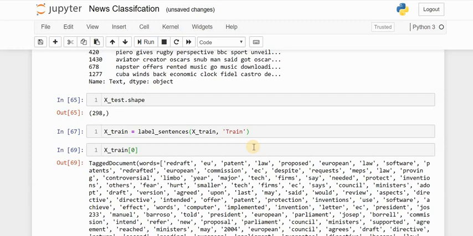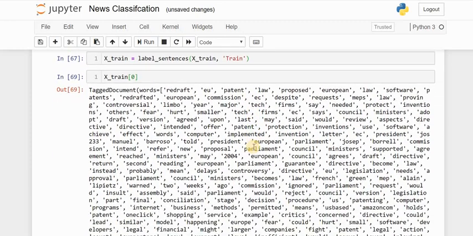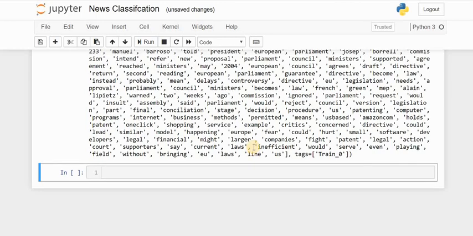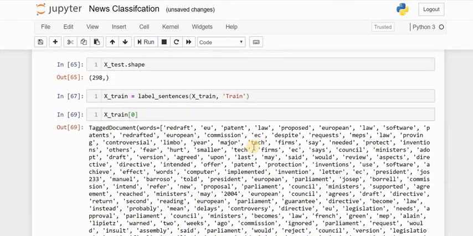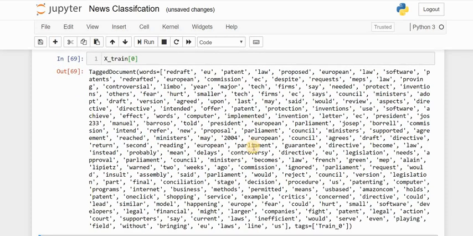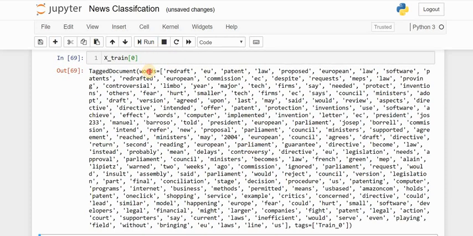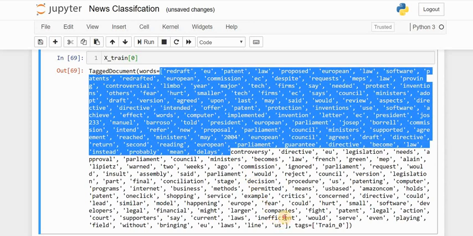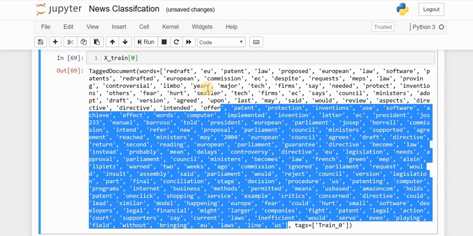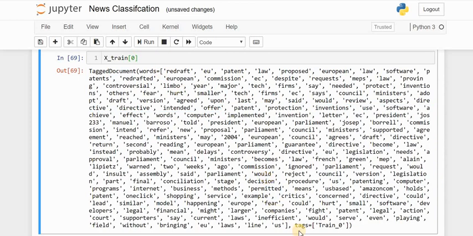So the first news article is in this form. All the vocabulary, right from starting to ending, it has for that document. Then there are the tags, which mean either train or test. Since it is the first sample, it has given train underscore 0.